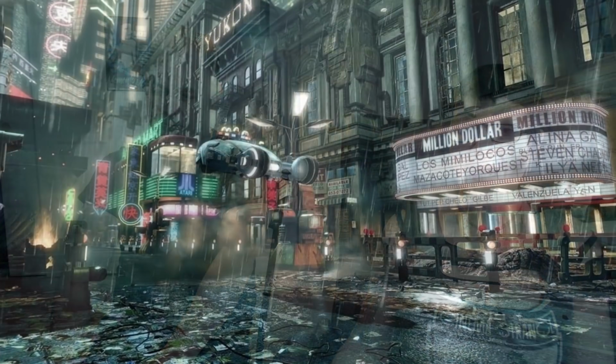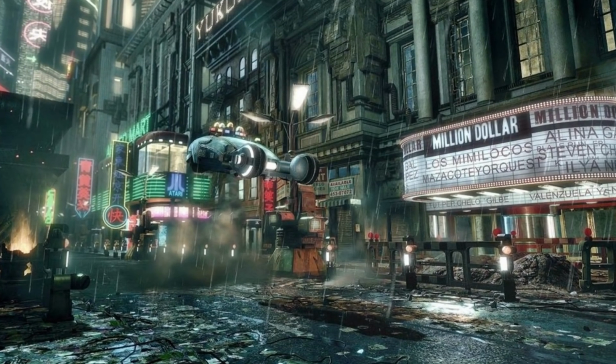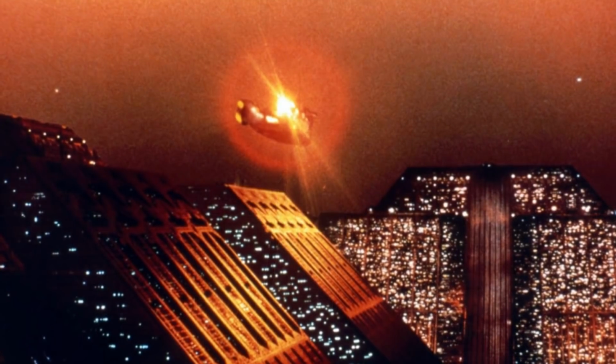But the city streets, that's actually a backlot. It's the backlot that's usually used for New York City in some movies, but it's just set dressed. Right. And it's amazing to me. I like that it looks kind of like a set because you get this claustrophobic feeling, like it's LA. I guess the implication being that the pollution is so bad that the sun never comes out. So it's always nighttime and it's always raining. Well, it can get kind of orange. Yeah. And it's just this dark, oppressive...